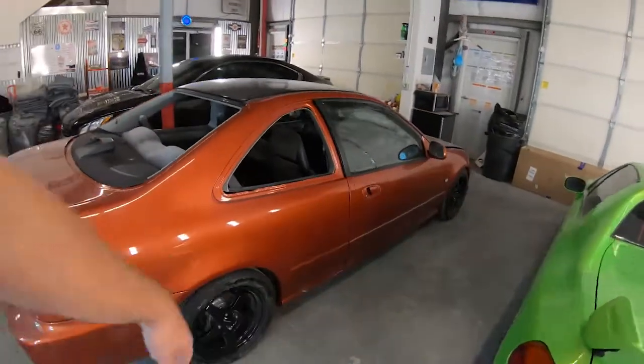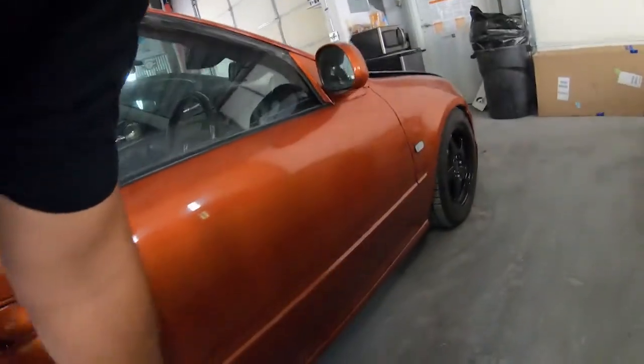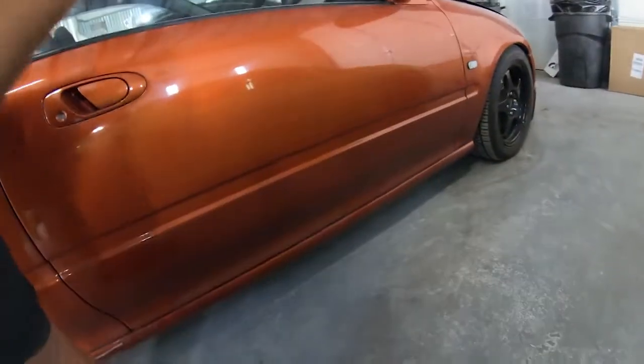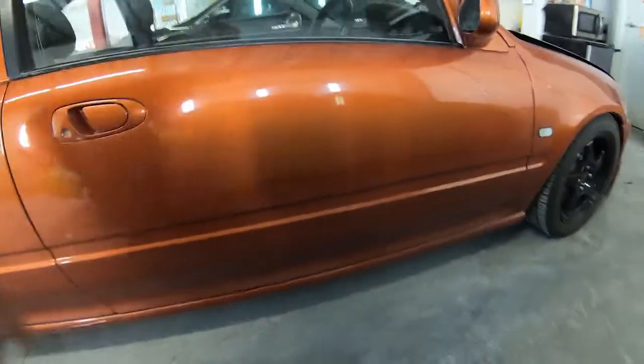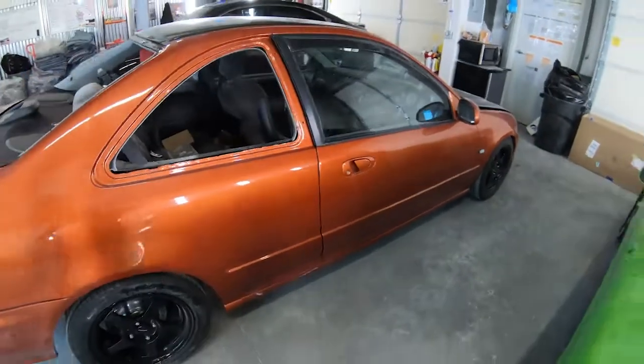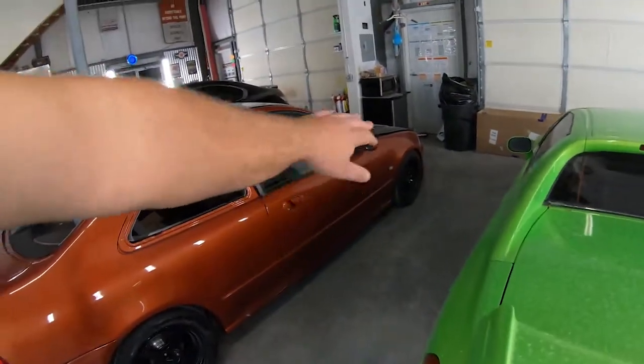Right-hand drive turbo Civic Coupe. Decals should be in today. I ordered them from the UK. The DOHC VTEC decals are coming in black. They should be here today, so if I get a chance, I'll actually machine polish out that area because this